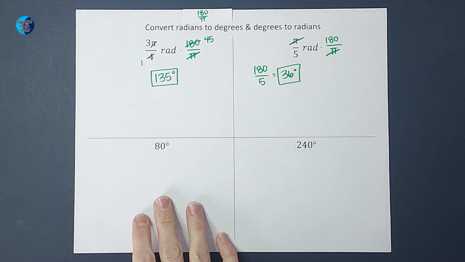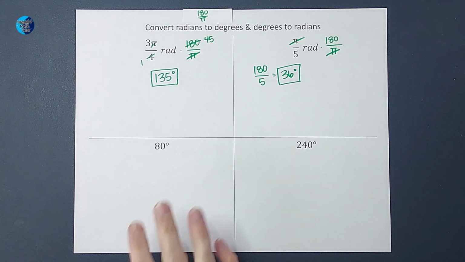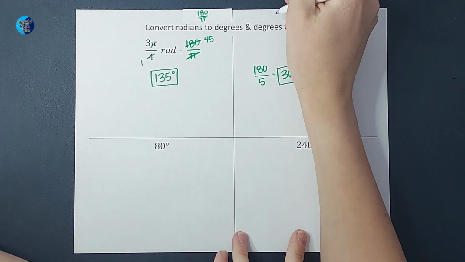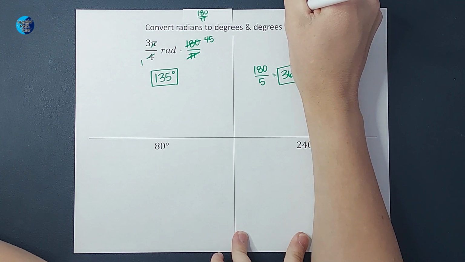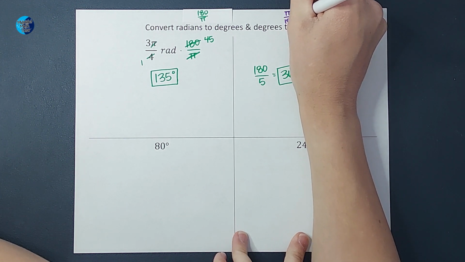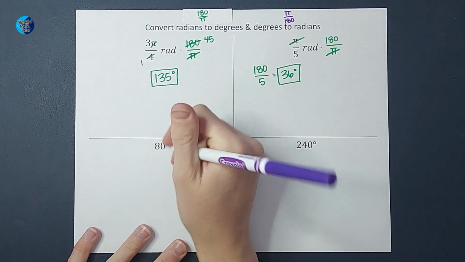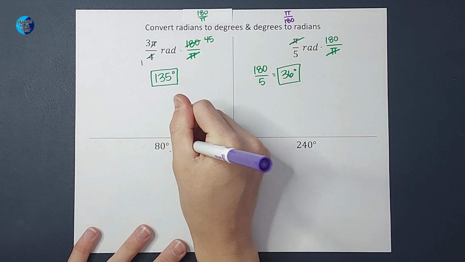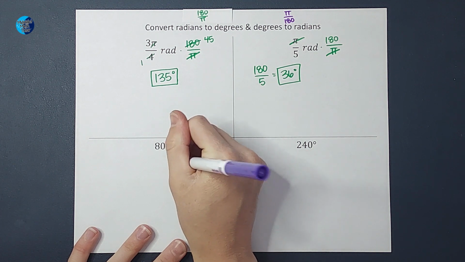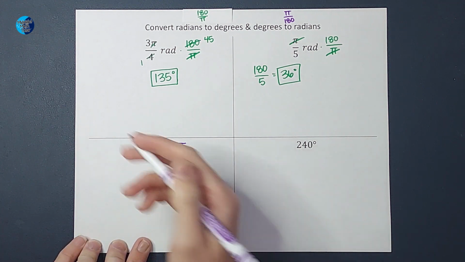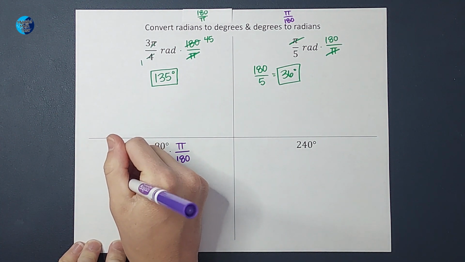We're starting with degrees and we want to go to radians. Guess what I'm going to do? I'm just going to multiply this time by pi over 180. So watch what happens when I do that. I'm going to multiply 80 degrees by pi over 180. So when I do that, I end up with 80 pi